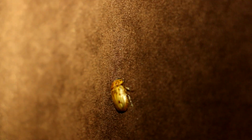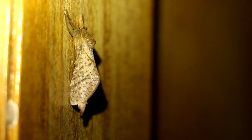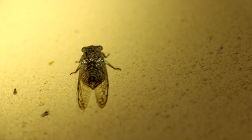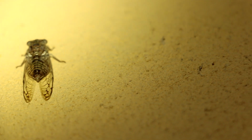Delicioso. This right here, not sure the exact name, but it's either a licurata, flower beetle, or a fruit beetle. It's one of those two, not sure exactly. This is a moth. It doesn't really look like a moth, but once he starts flying, then he does look like a moth. Remember the layer of skin that we found on the tree earlier? Well, that probably belonged to this insect right here, the cicada. These insects make the most obnoxious noise you have ever heard. It's just like a...